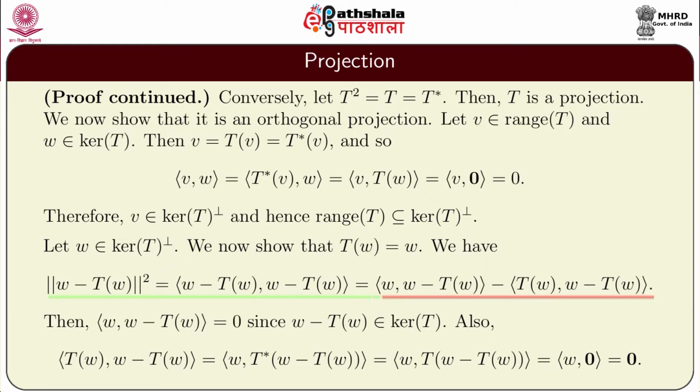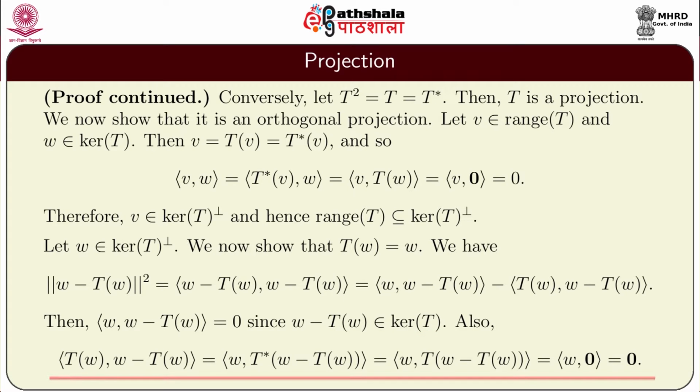This is therefore inner product w, w minus Tw minus inner product Tw, w minus Tw. Hence, inner product w, w minus Tw is 0, since w minus Tw belongs to kernel of T,